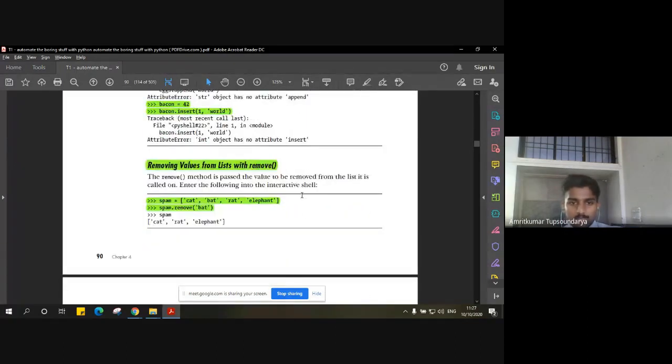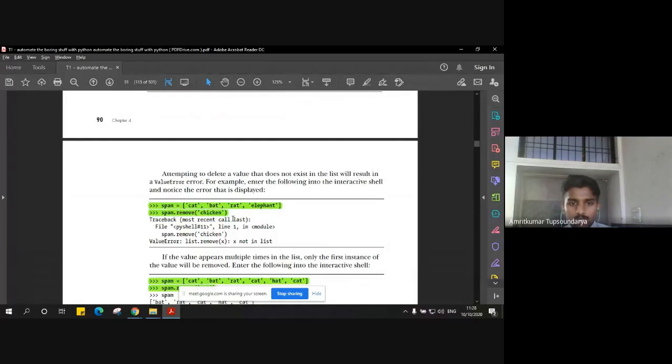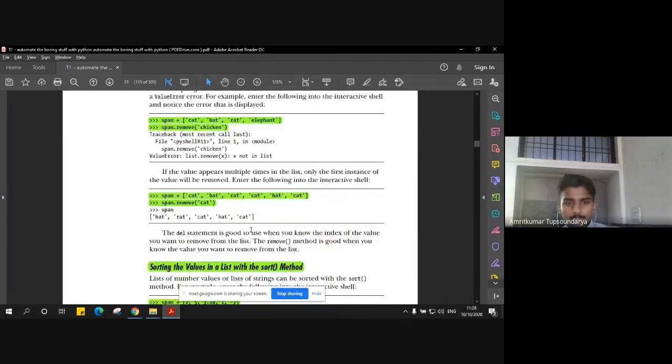Now, a simple example of the remove method. Remove is another method which is used to remove values, as the name suggests, right? So whatever value you want to remove, you can specifically mention the value inside the remove method, and the value will be removed and you get the updated list. And if you mention any specific value which is not in the list, of course, we're going to get an error that this particular value is not in the list.